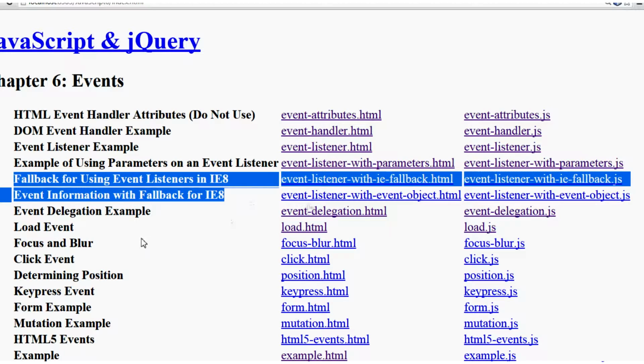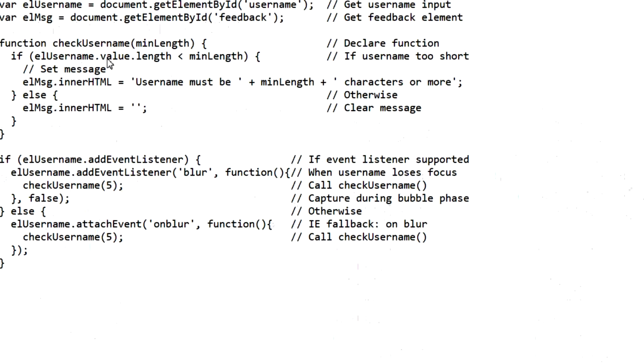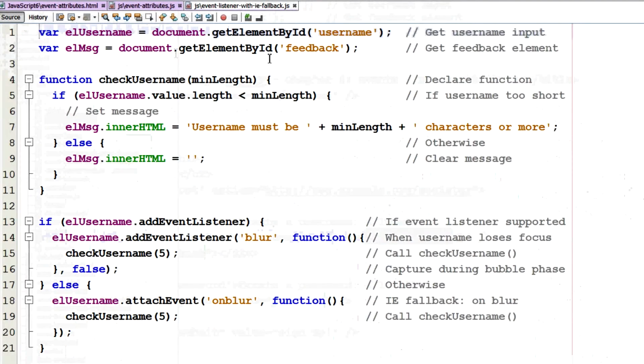Information with fallback for IE8. So we're just going to take a quick look with IE8. So let me look at this NetBeans event. Okay, here we go. See? In this case, if it has addEventListener, which means if this is supported, then create an event listener